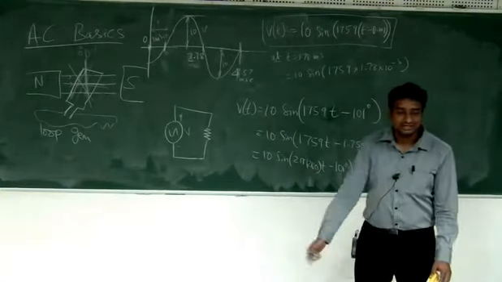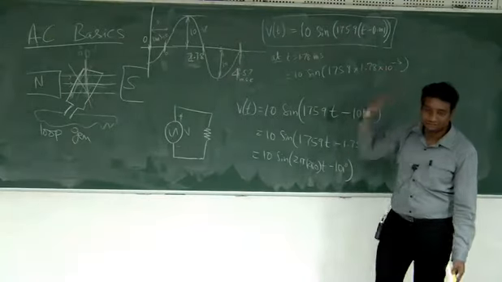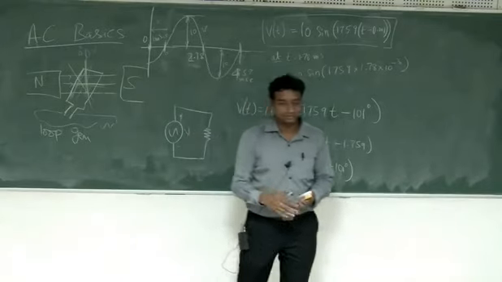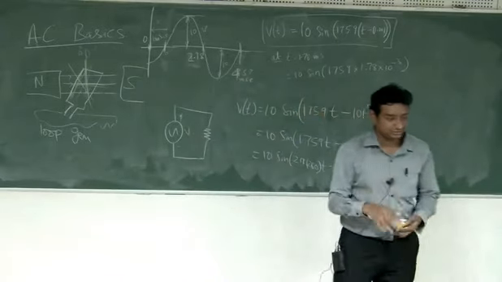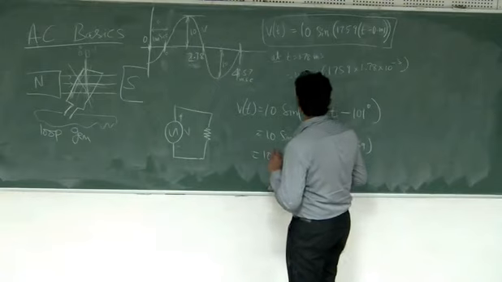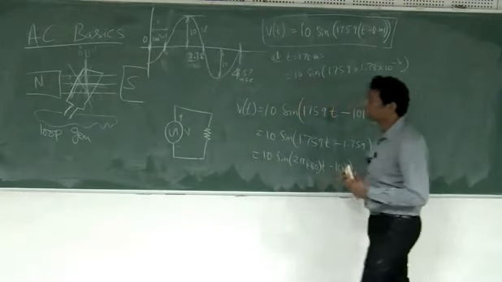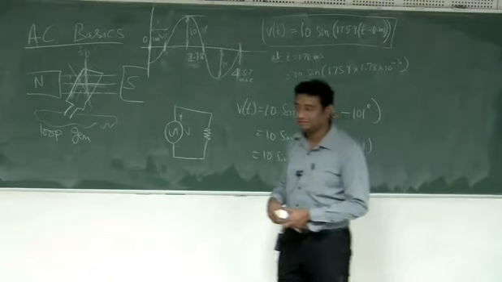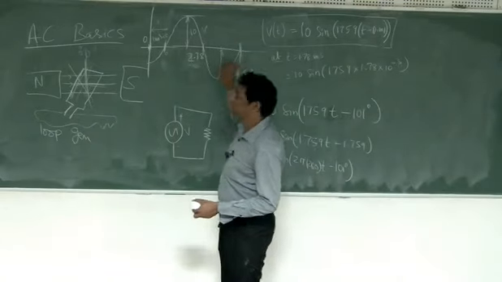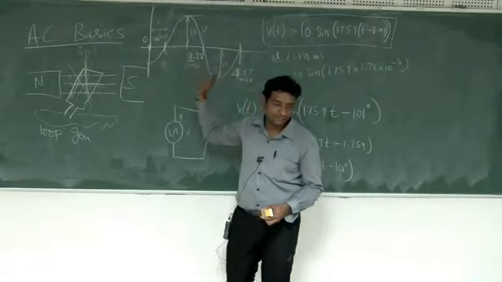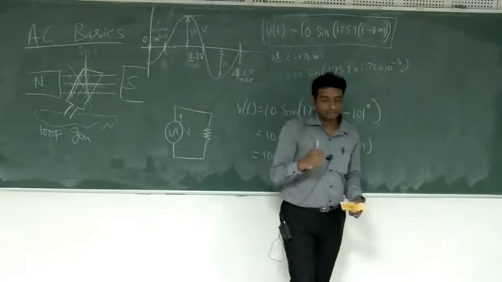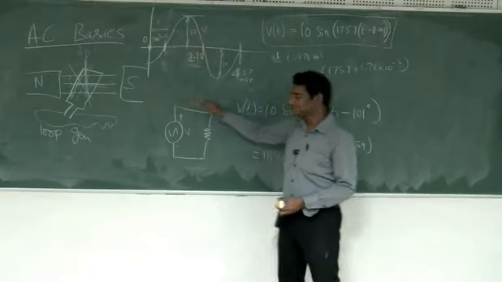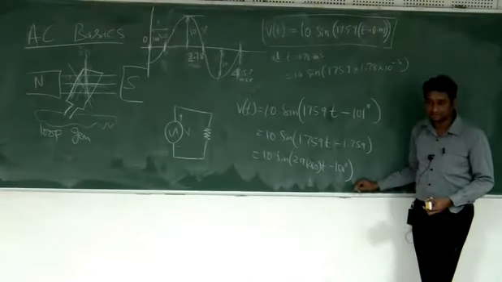But some of you may say, instead of this I will use the other notation, whatever. The point is that whatever the notation, you should be able to understand what it's trying to say. So far you have learnt two ways of representing the signal, or representing the AC voltage or AC current. What are the two ways? One is you draw the diagram like this, and the second way is writing the equation like this.